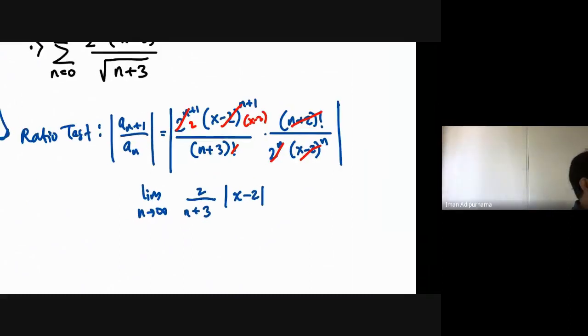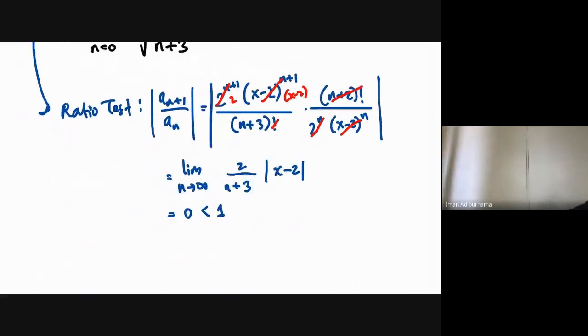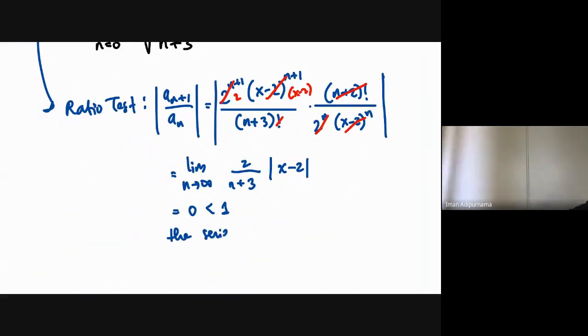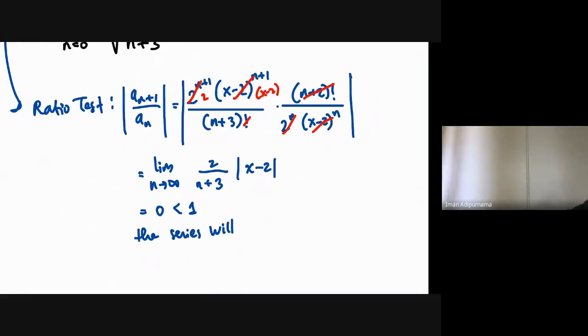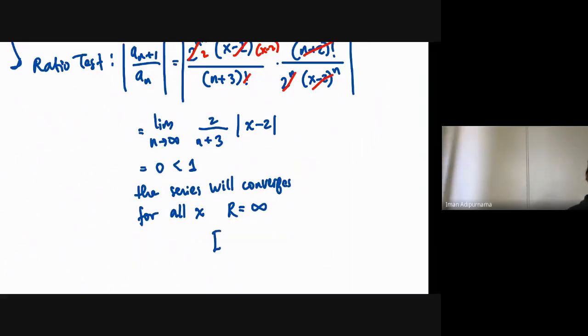Okay, now what's your conclusion? Because the end part is always 0, the result will always be 0, right? So this will be 0, and it will be less than 1. So the series will converge for all x, but it will be resulting 0. So the radius of convergence is infinite, and the interval will be